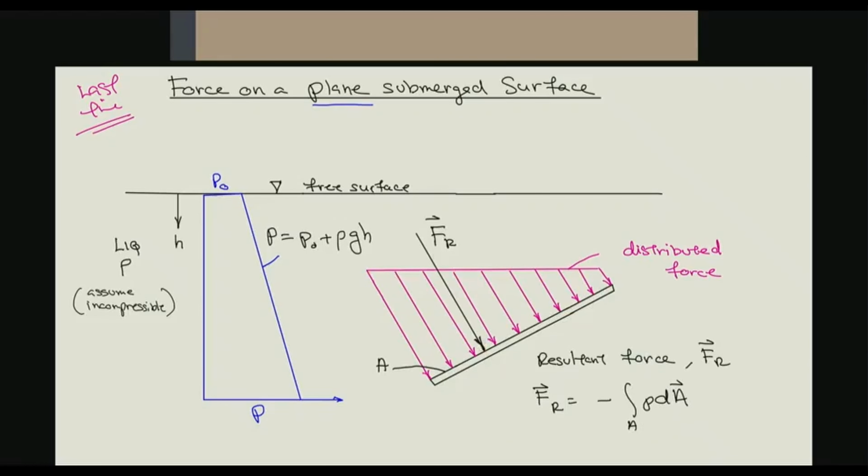The differential force we know to be minus P dA, and integrating over the entire area gives us this resultant force. And we can change this to an equation for just the magnitude,